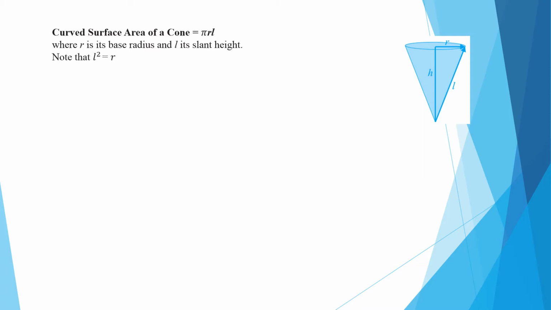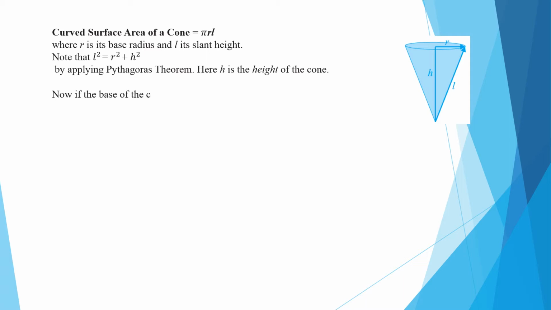In the previous class we discussed the curved surface area of a cylinder and we did questions also. Today we will discuss the curved surface area of a cone, which is equal to pi RL, where R is the radius and L is called the slant height. L can be obtained using the formula L square is equal to R square plus H square, which is also called the Pythagoras theorem. Here H is the height of the cone, R is the radius and L is the slant height.